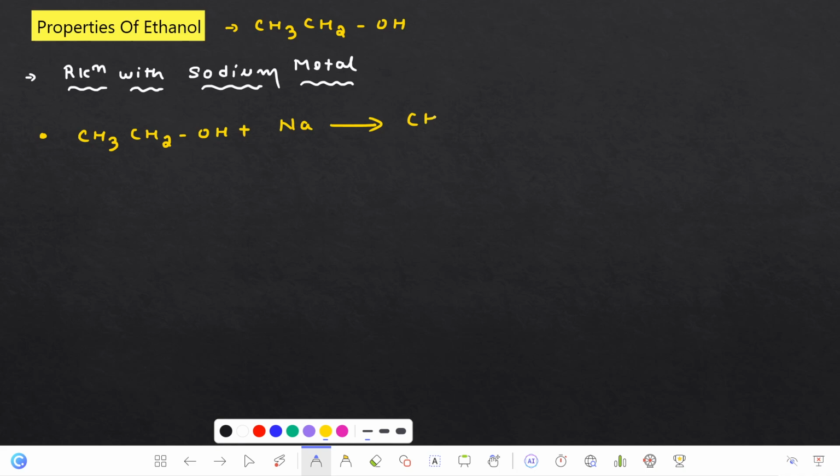One is sodium ethoxide, CH3, CH2, O minus, Na plus, plus a gas is released that is called hydrogen gas. Okay. So that is your ethanol. It reacts with sodium metal to form sodium ethoxide. Okay. So basically from this reaction, when a question is framed, the format of the question framing is